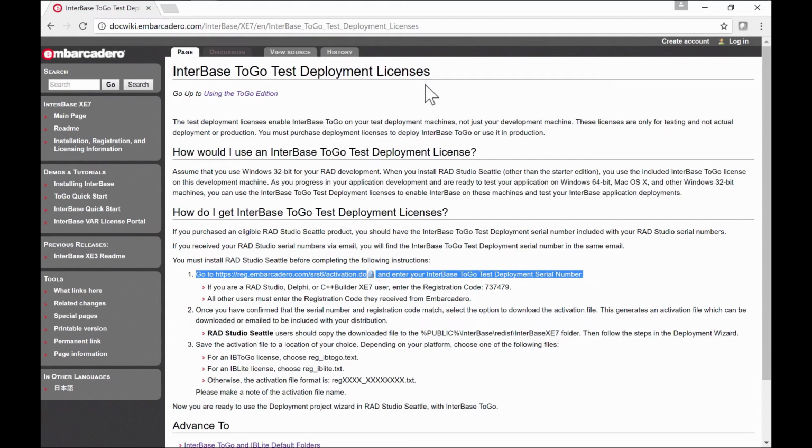I mentioned you will need an InterBase ToGo activation file to use the InterBase ToGo database. So depending on how you got your InterBase ToGo product, such as a trial download or a purchase or a test deployment trial license, you will need its serial number and registration code to license the InterBase ToGo database. This DocWiki link has instructions on how to get your InterBase ToGo activation file to deploy your InterBase ToGo database